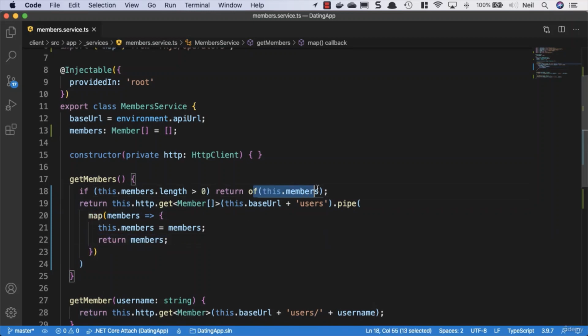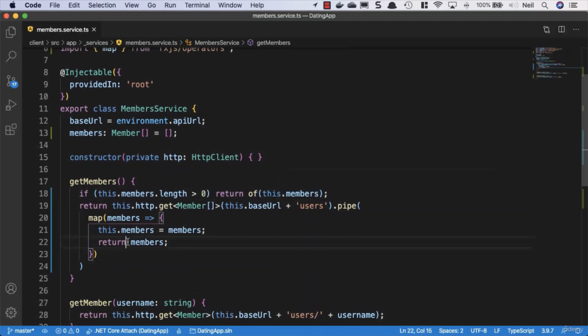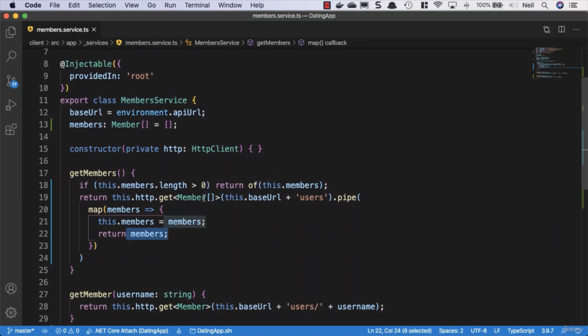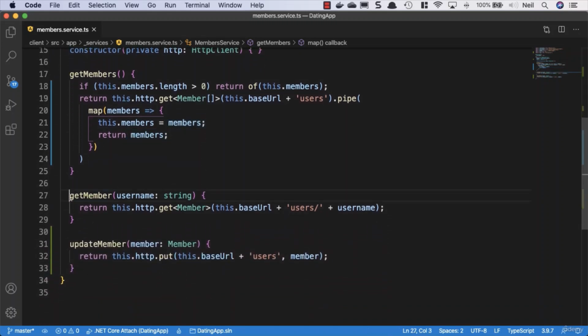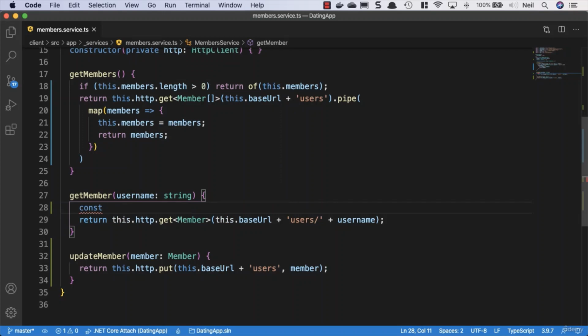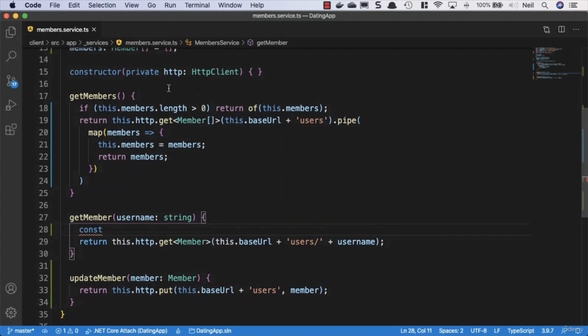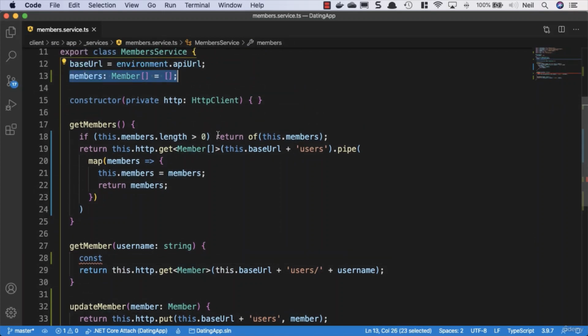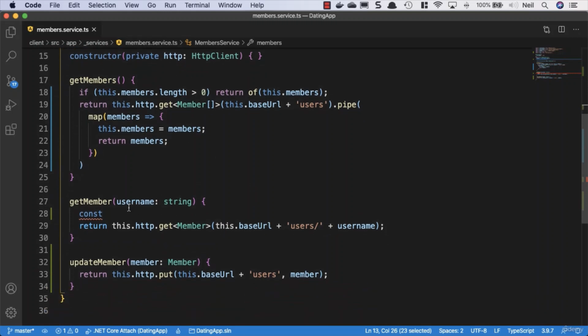So we're doing the same in both methods. We're returning an observable of the members from here and the same from here as well. What we'll also do is make an adjustment to our getMember method, and we'll attempt to get the member from the members we have inside our service. We still need to accommodate the fact that the user might refresh their page and we don't have anything inside our service at all. So we'll say const member equals